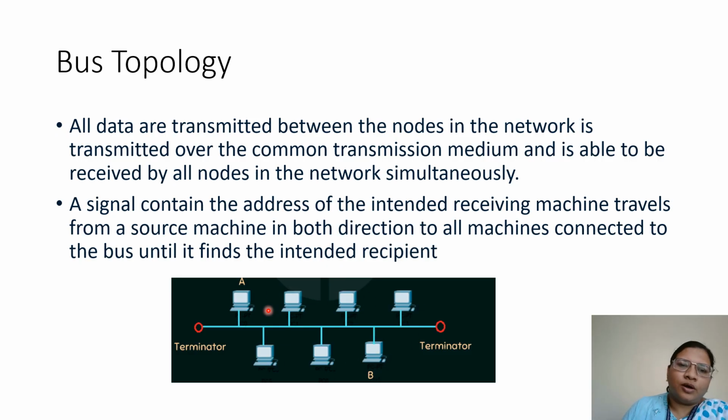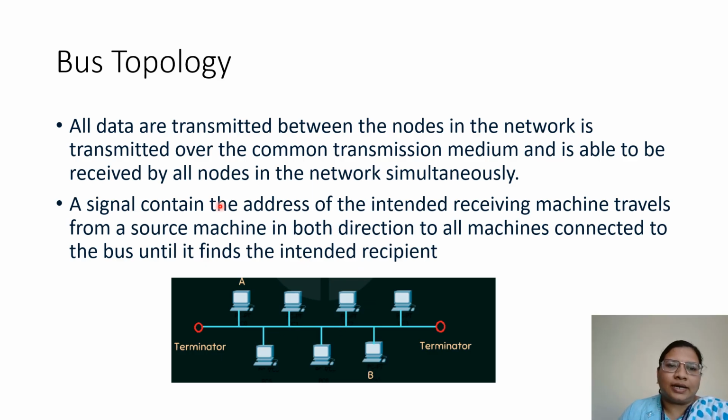But how will it know who is the sender and who is the receiver? So if A is sending the data through this transmission medium, what is the transmission medium here? The transmission medium is a single cable wire. When A sends the data through this transmission medium, then B will receive it. But whatever data we are sending will be received by all the nodes connected to the single cable wire, but only the node that needs the data will accept it, and the other nodes will reject it.